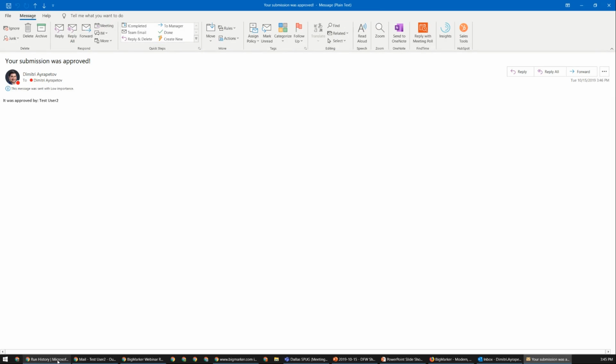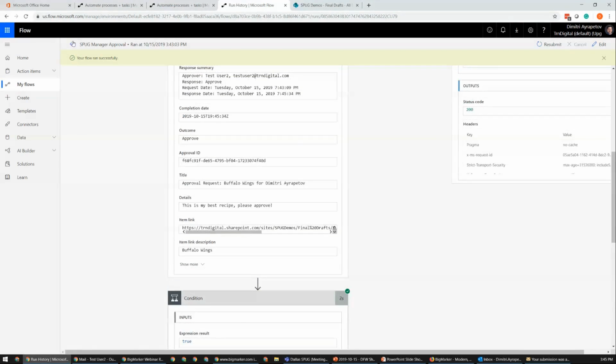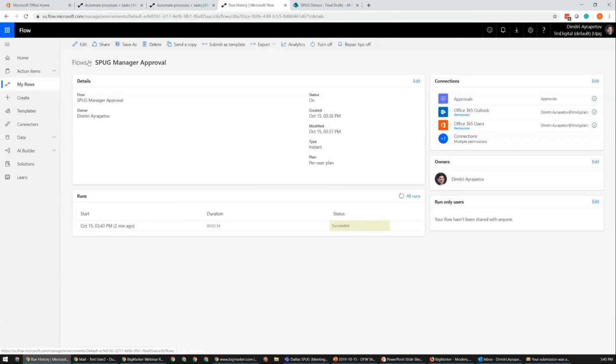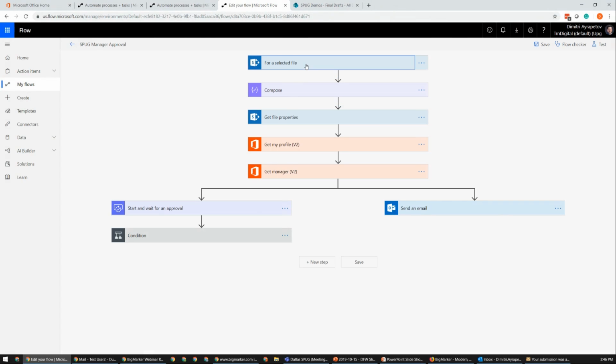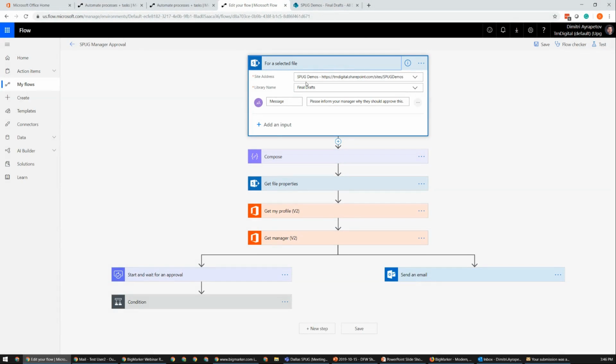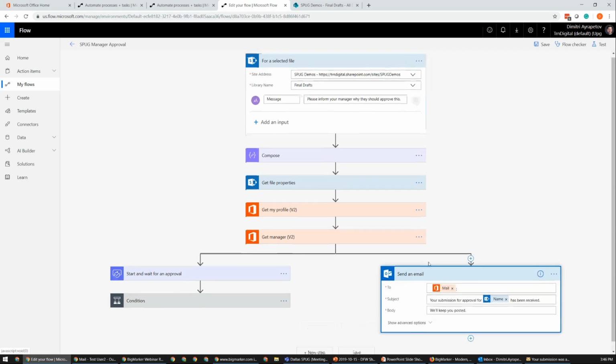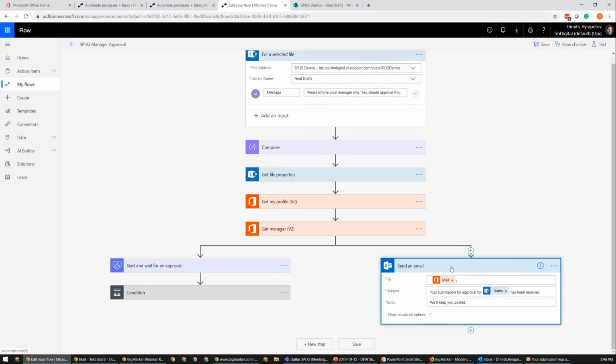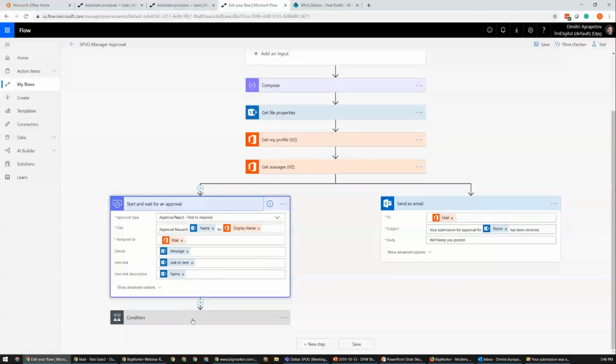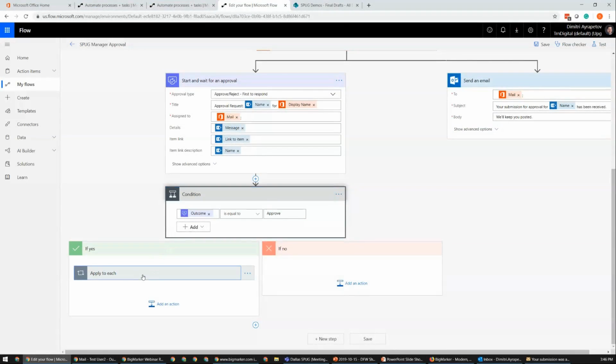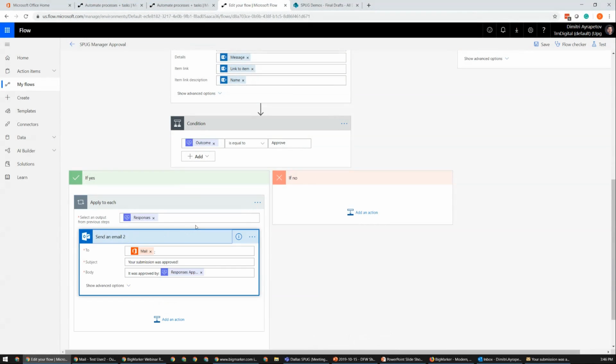So just to summarize this demo, we created a flow that runs when somebody selects the flow and says, we're ready to get this approved. We've included a custom message. We've built up some of the components so that we know who to send it for approval, as well as who should receive the email notifications. We've sent out an email information based on some of the metadata that we've collected as part of the earlier steps of this flow. We started the approval process, and upon this being approved, we sent out another email.